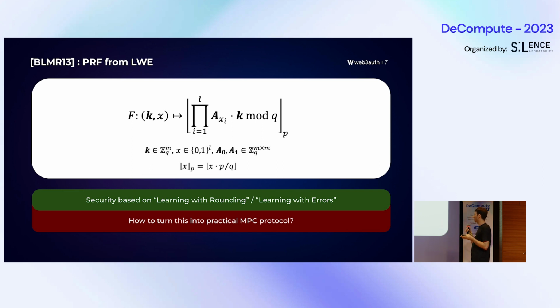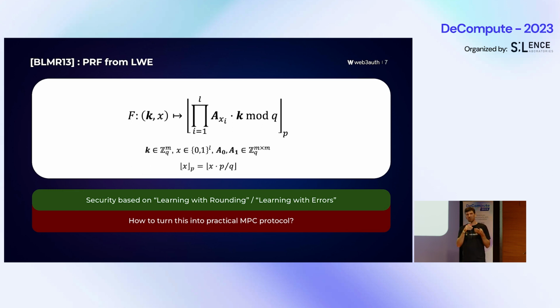The input in the standard construction is a bit string of length L. We have two public matrices, which are used to randomize the input of this PRF in some way. Then there's a multiplication by the secret key vector, and in the end we compute all of this modulo Q,